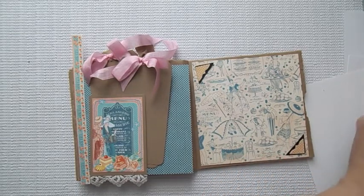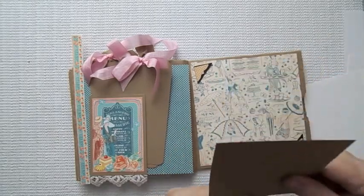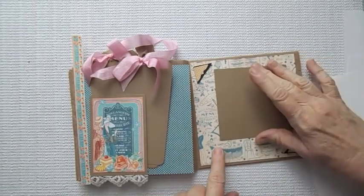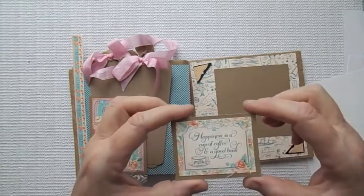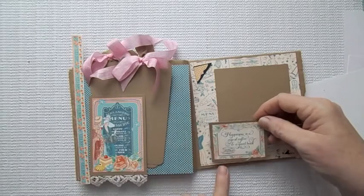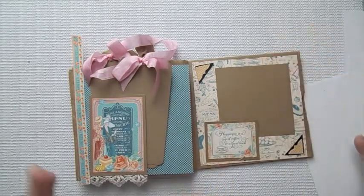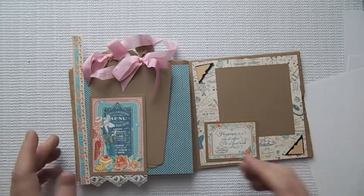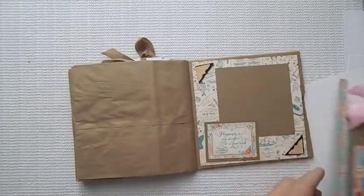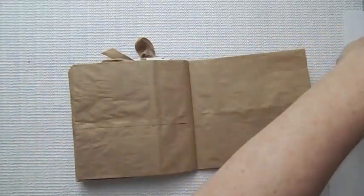I have my 4x4 photo mat that will go right in here. And then I will pop this up on foam tape. This is Happiness is a Cup of Coffee and a Good Book. I will pop it up on foam tape, and it will be right in here. And this is basically all the layouts to the pages of the book. So I will come back and get all those adhered down and show it to you when I get